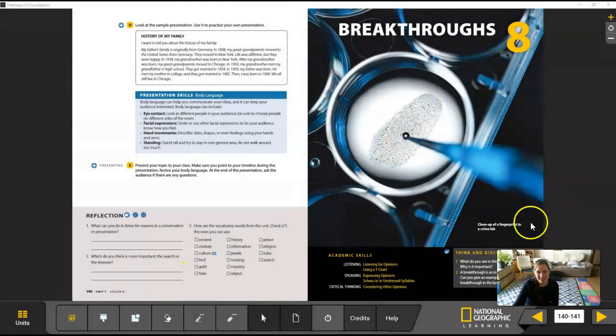And you can see this is chapter 8. It is titled Breakthroughs. And what is this? This is a fingerprint, a close-up of a fingerprint in a crime lab.